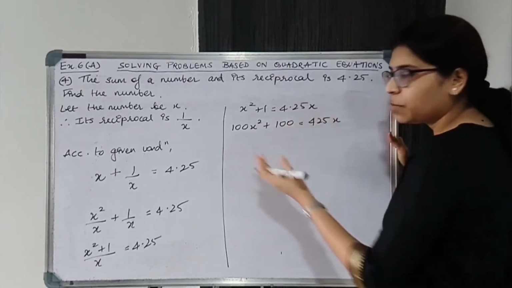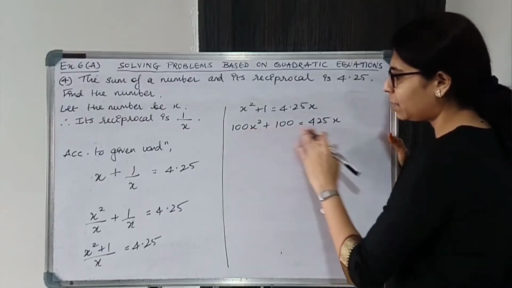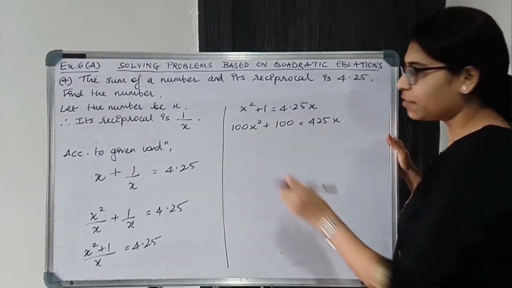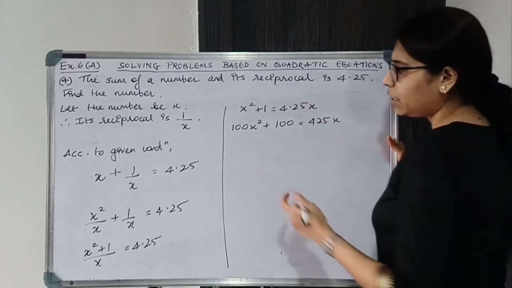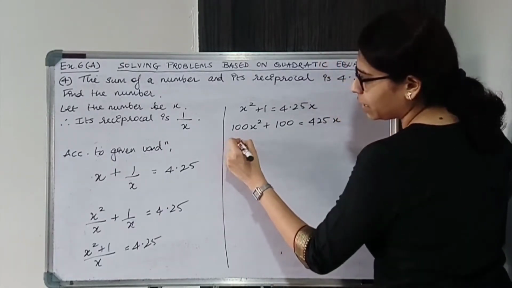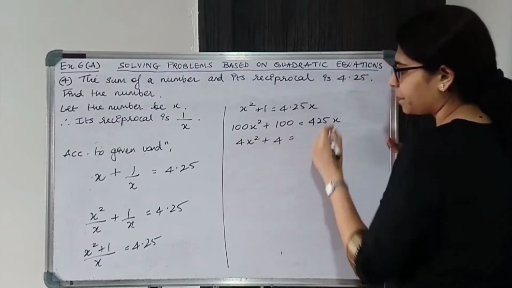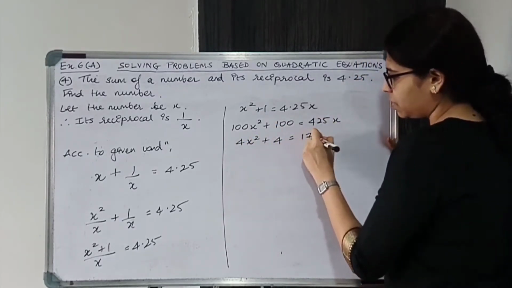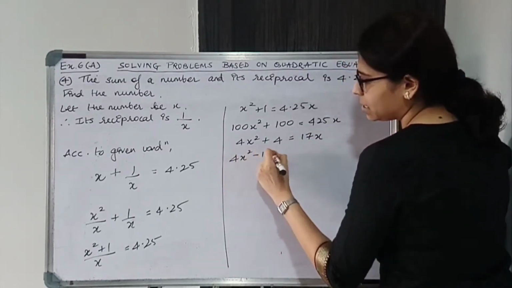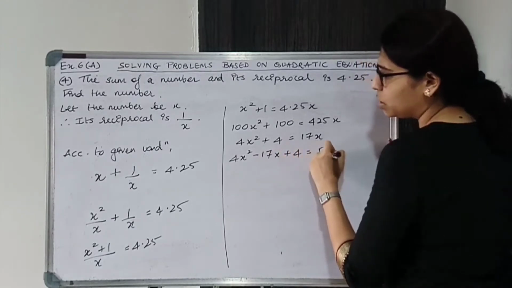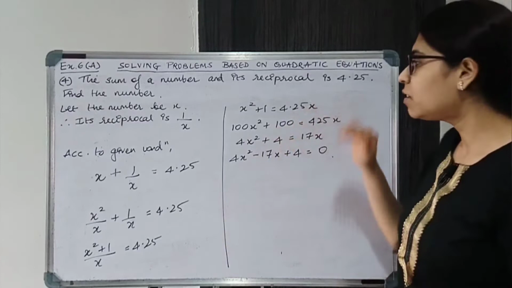Now again this is a very big number, so you can start dividing. Okay, so you can divide it by 25 max. 25 से divide कर सकते हैं each and every number over here. All right, so you can divide by 25. So 25 4 za, 25 4 za, and 25 17 za. Okay, so you will get 4x square minus 17x plus 4 is equal to 0. This is one of the ways that you can follow. The other way is,